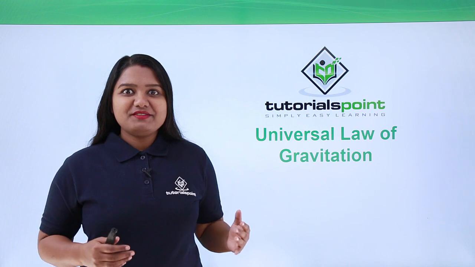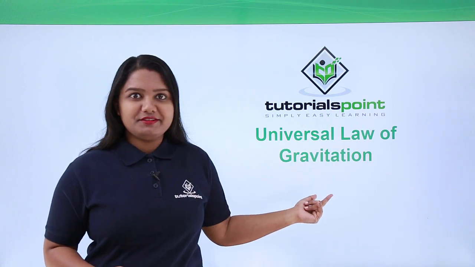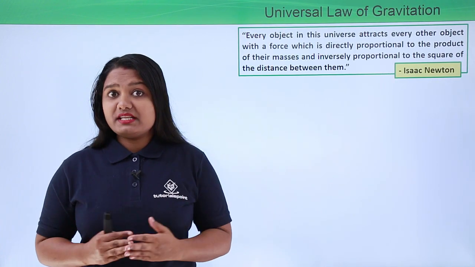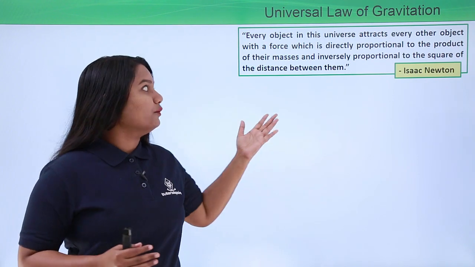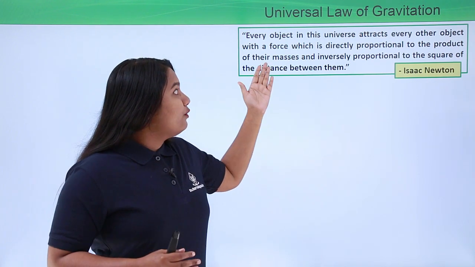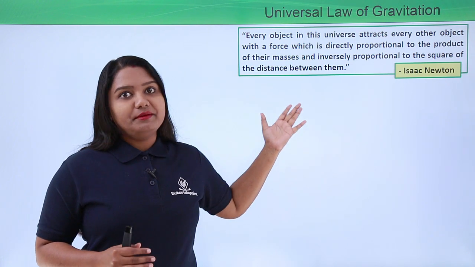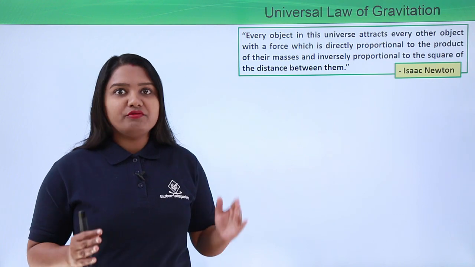Everyone, in this video we are going to talk about the universal law of gravitation. Now this law states that every object in this universe attracts every other object in this universe with a force which is directly proportional to the product of their masses and is inversely proportional to the square of the distance